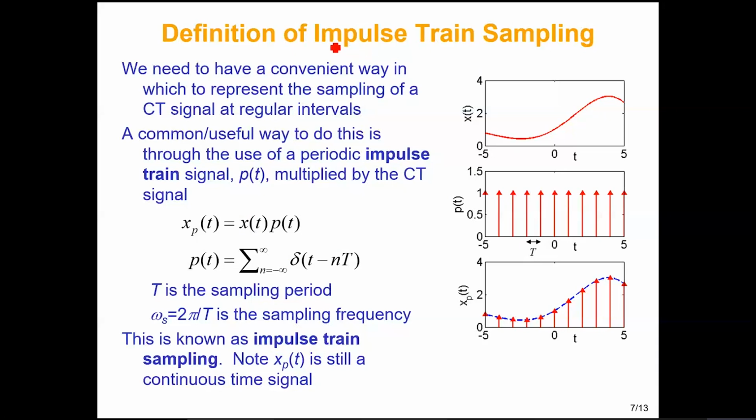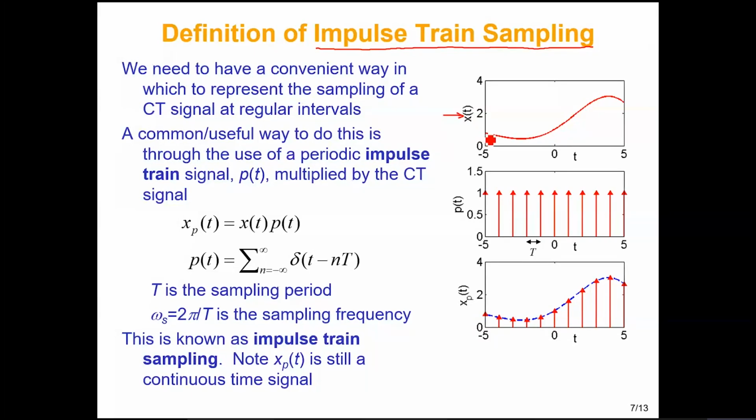Now, to understand sampling, we first study what is known as impulse train sampling. This is a theoretical sort of sampling. It is just theoretical, but it gives us an insight into the sampling process, what happens once we sample. So what is impulse train sampling? Let's see. In this, the given signal x of t,